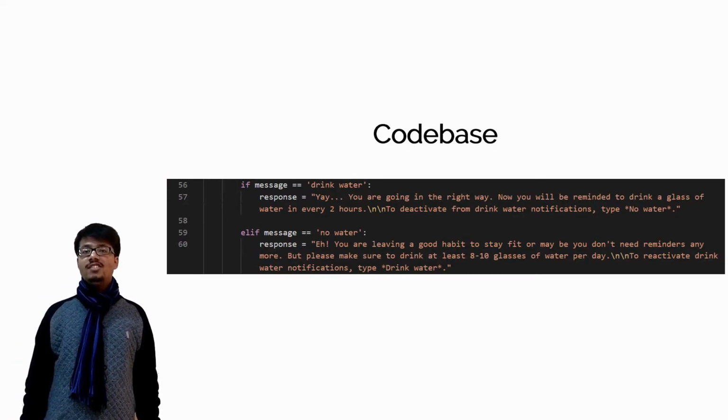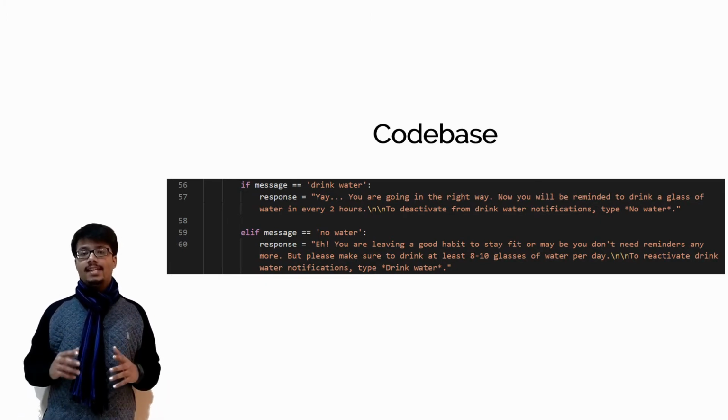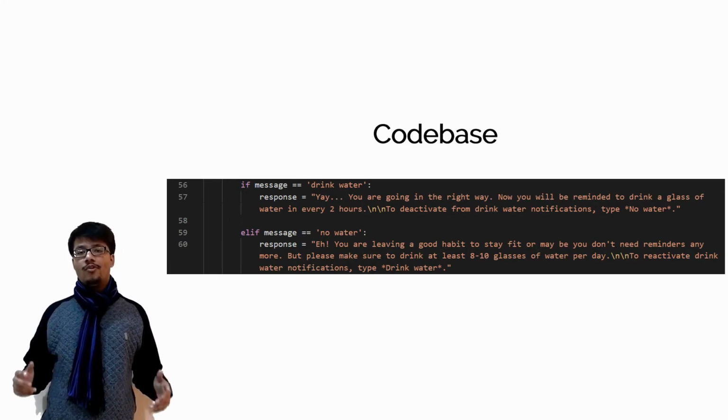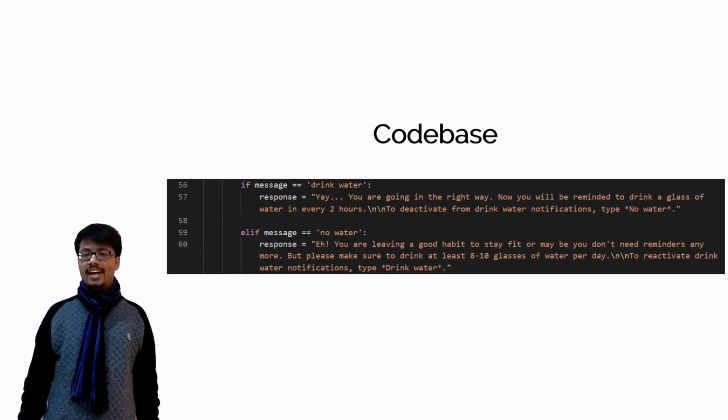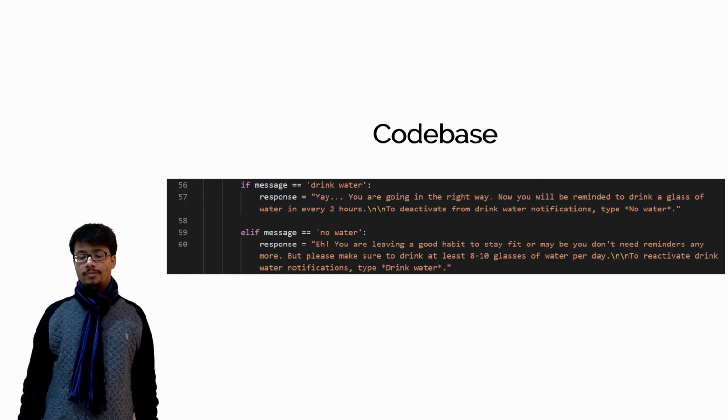When the notifications are sent every 2 hours, our chatbot first selects the users subscribed to the service by getting the user's channel ID where water column is 1 and storing it as a list object, and then iterating it one by one to every user and sending water notifications to everyone stored in the list object.